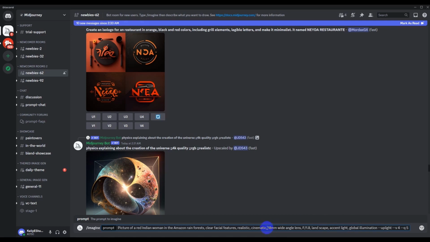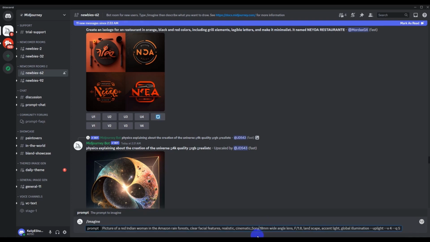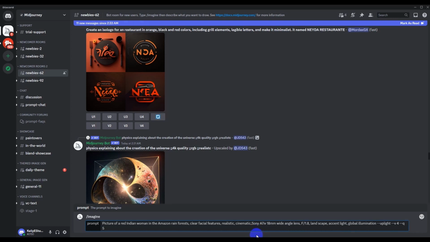Okay, let's put the name of the camera. Let's say Sony A7 IV, G Master, 1850.